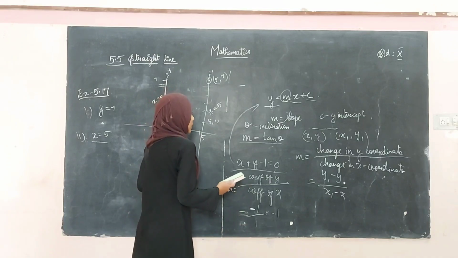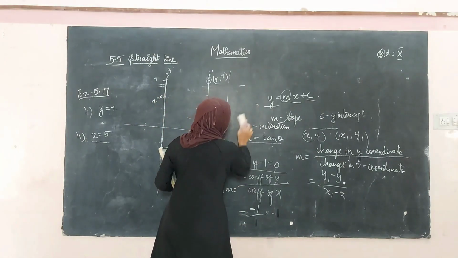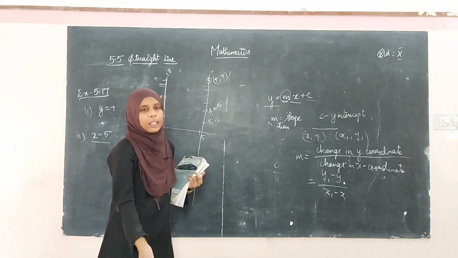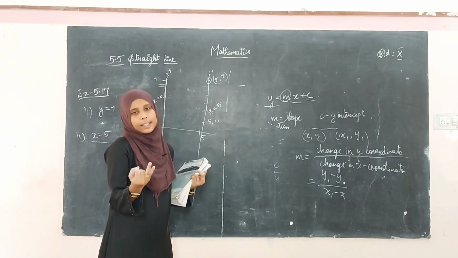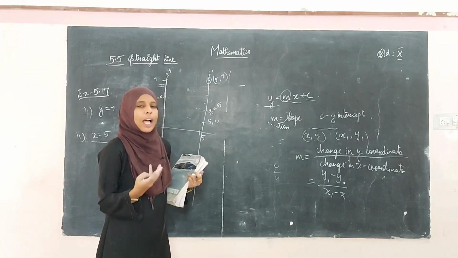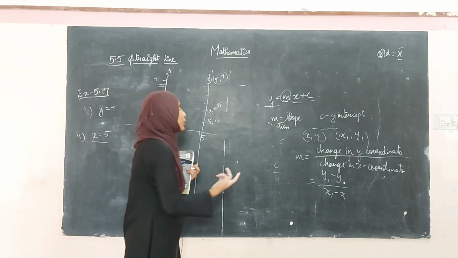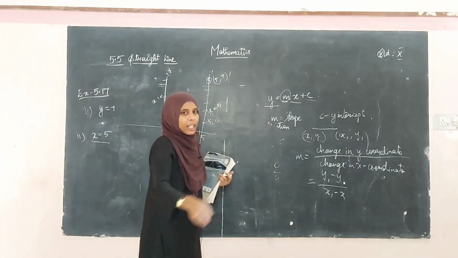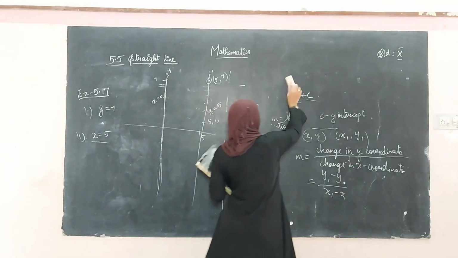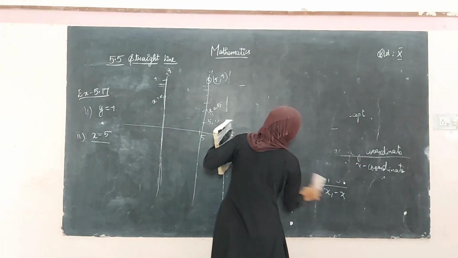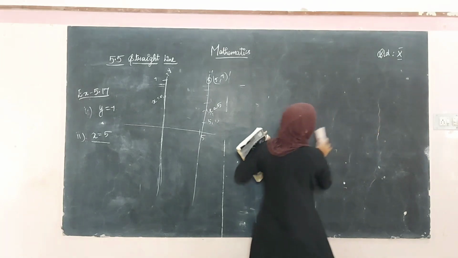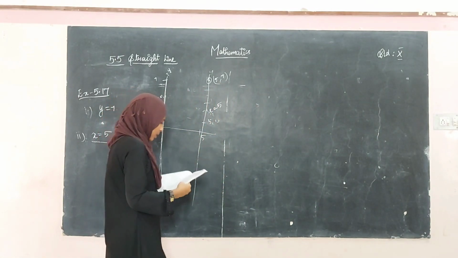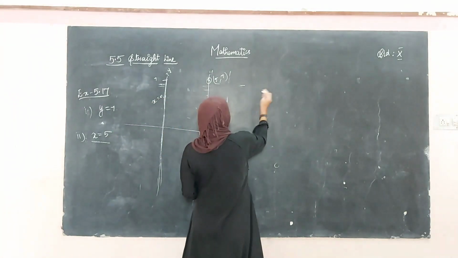Okay, so this is the slope intercept form. Slope intercept form means they will be asking you to find the equation of the straight line by giving the slope and the intercept. Intercept, you have to take it as c, and slope, you have to take it as m. Then you have to use this formula y equal to mx plus c. By putting them in, you will get the equation of the straight line. Okay, so see the example given there.